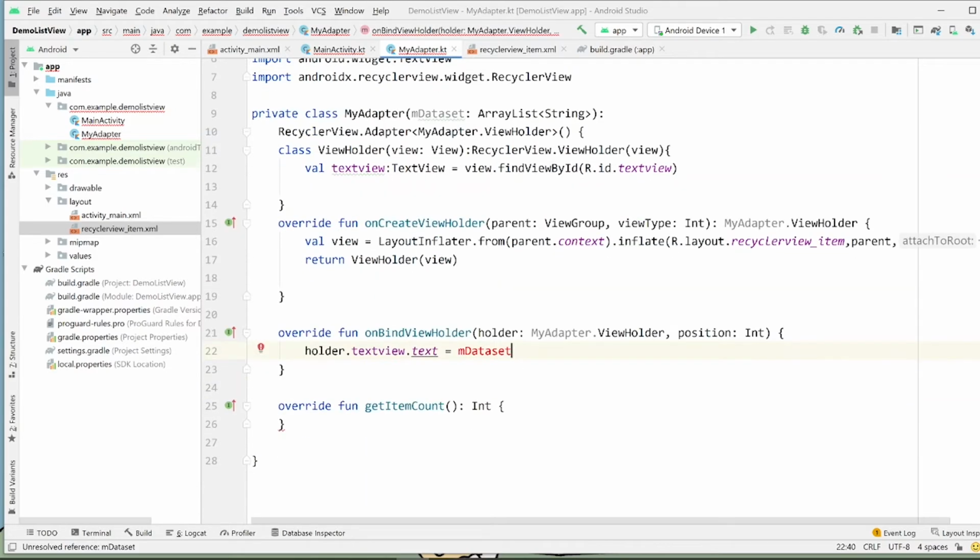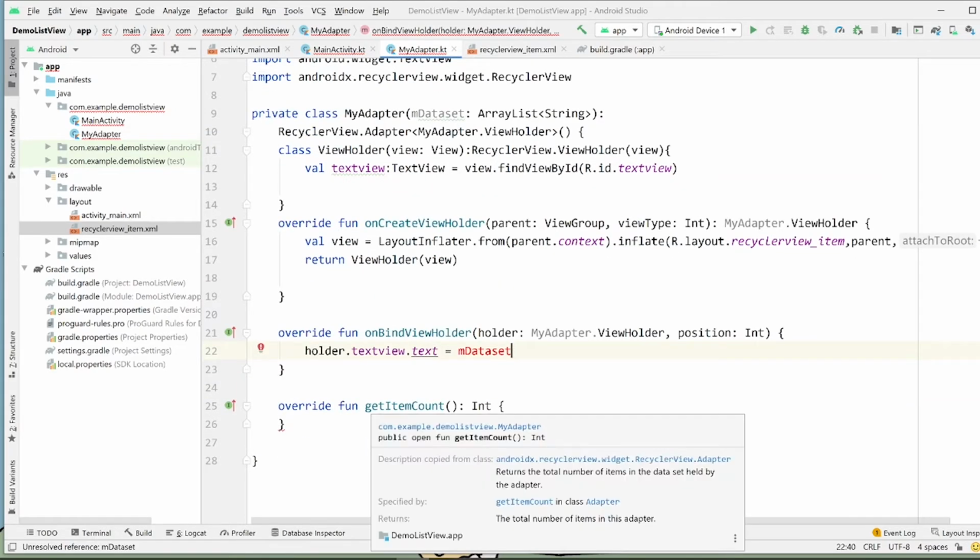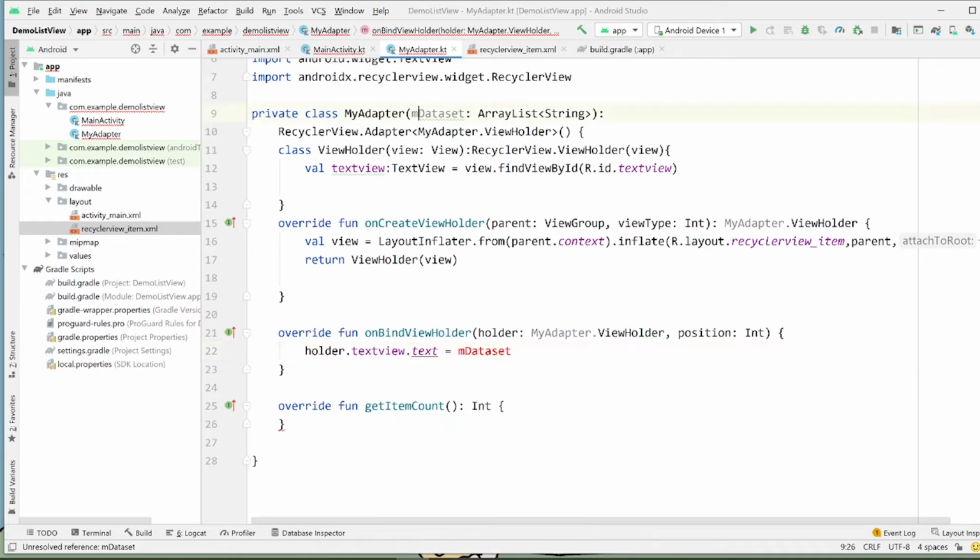Oh, wait. I have to say it's a value passed in.